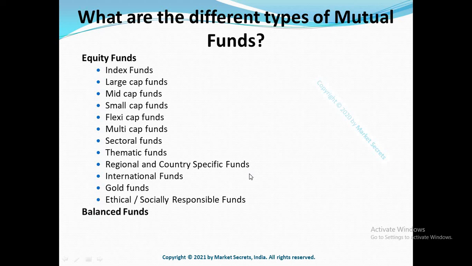The next on the list is balanced funds. These have variable allocation to equity and debt. This is otherwise called hybrid funds. They invest in both equity and debt instruments. There are equity oriented hybrid funds which have greater than 65% equity allocation, while others are debt oriented hybrid funds which have a lesser amount of equity. They will have inbuilt asset reallocation strategies based on the market conditions.